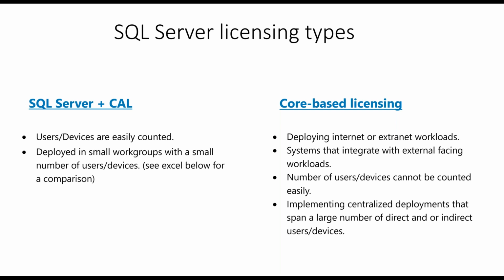With the SQL Server plus CAL license, all users and devices must be licensed with a SQL Server CAL, client access license, and those CALs need to be registered within the system. With the core-based licensing, we don't need to purchase CALs. However, we need to either license all the physical cores or license the virtual machines, whichever is the cheapest